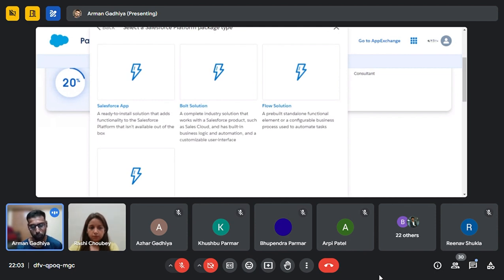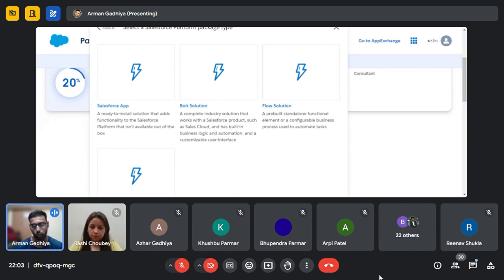Example, Conga Composer. They have already created their application, and they provide the functionality of generating documents. So they thought that people on Salesforce can use their application for generating documents like terms and conditions documents, agreement documents, etc. Second is Bolt solution. A Bolt solution is a pre-built template that you can publish on the AppExchange.